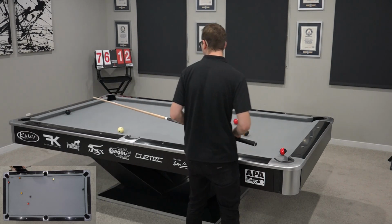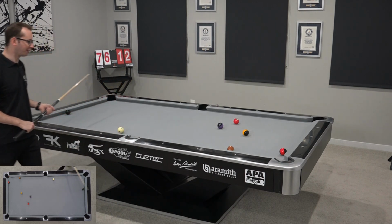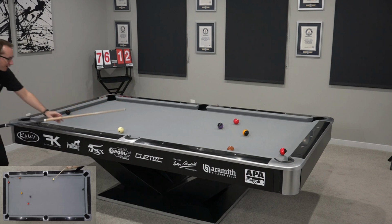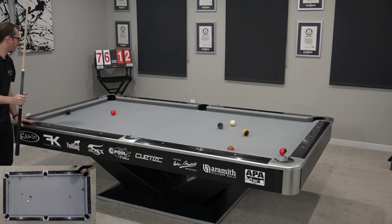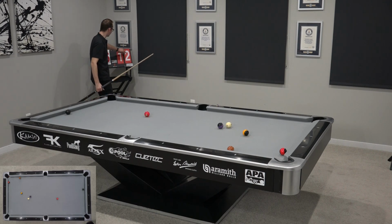Wow, this is tricky, as you can see, guys. Sometimes balls don't really line up. Is there a shot on the 3? All right, 3 rail on the 3 into the bottom corner. Okay. No, that will be long. That will be long. Okay, so